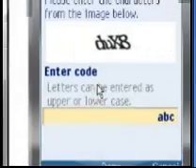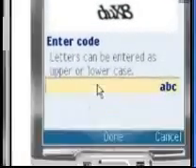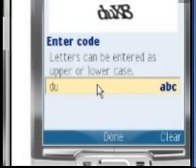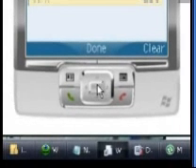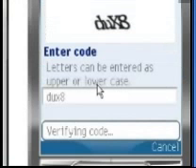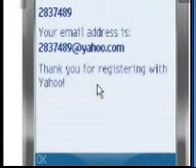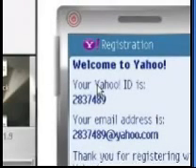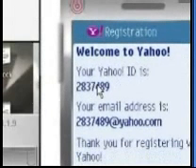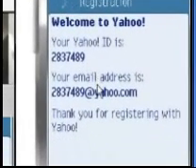Enter the CAPTCHA. See the CAPTCHA. Put the CAPTCHA. I will put the CAPTCHA. Done. Verifying code. See that? Thank you for registering with Yahoo. See that number? I will create. Now I created that number.